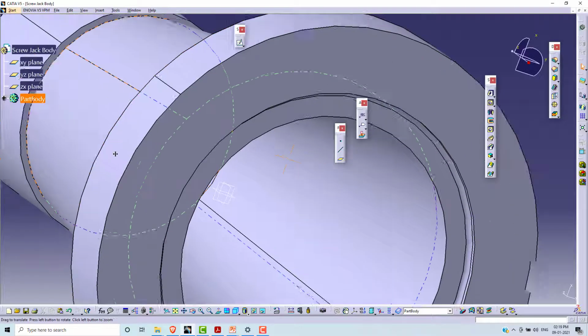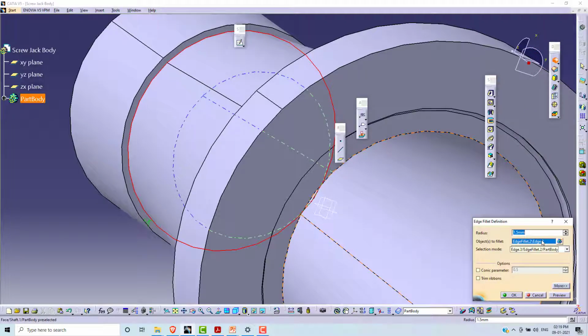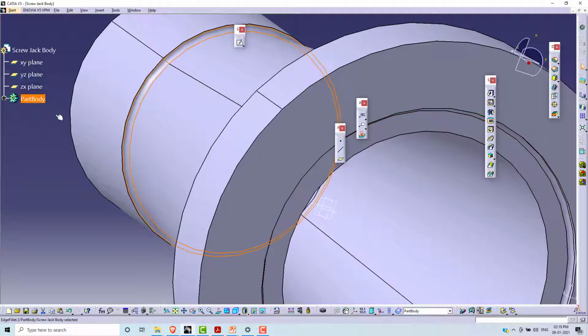Take precaution during the selection of the edge because multiple edges may be selected automatically, so keep only one edge selected. This is one edge, give the radius of 1.5, preview.